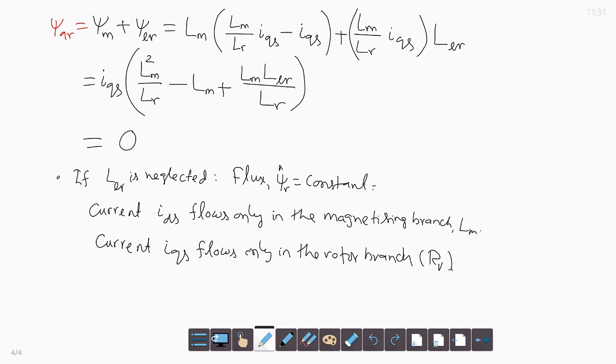So, this is the original hypothesis of vector control, where leakage inductance is absent. So, current IQS, the torque component of the current, flows only through the rotor resistance R R, and magnetizing current flows only through the magnetizing branch L M. During the transient, LLR has a contribution to the transient period. So, for the transient period, how to get vector control should be taken care of, otherwise at steady state vector control is obtained if rotor resistance is properly known.